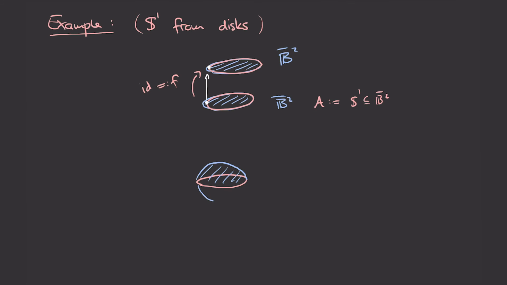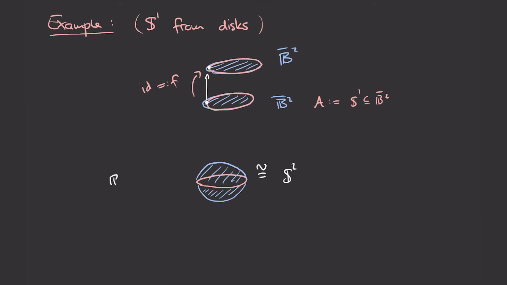And also for the bottom space, there will still be this closed disk that's attached. And so you see that this space here is nothing but S2. So it's just a hollow sphere obtained by gluing these two disks together along their boundaries. To be a bit more precise, this is actually just homeomorphic to S2, where this space here on the left